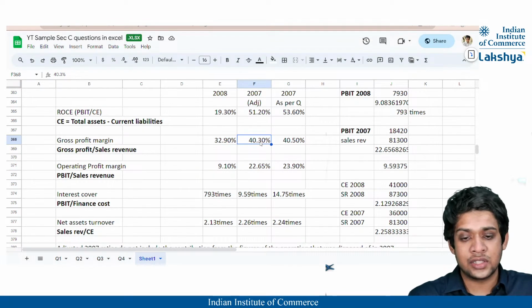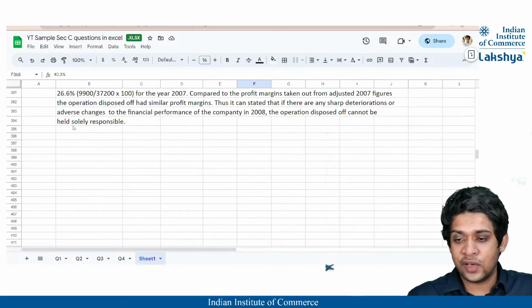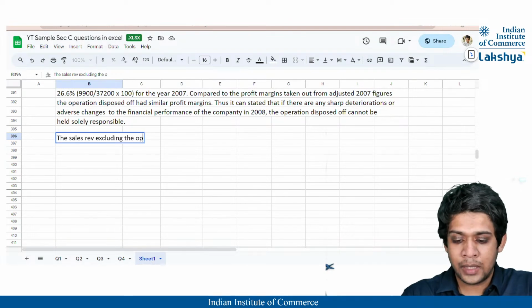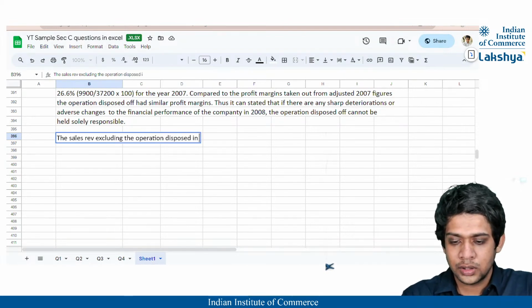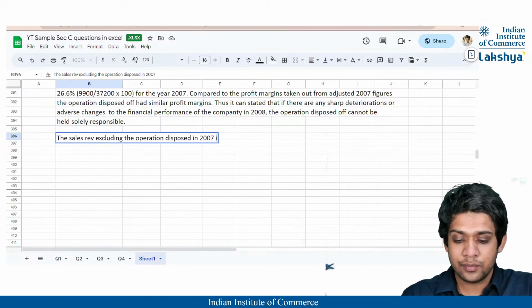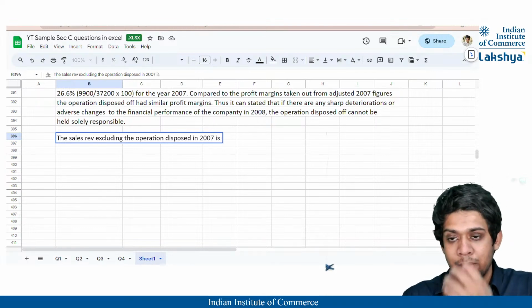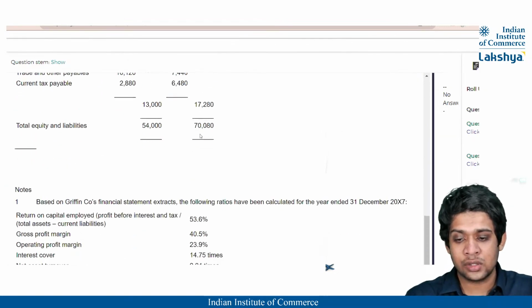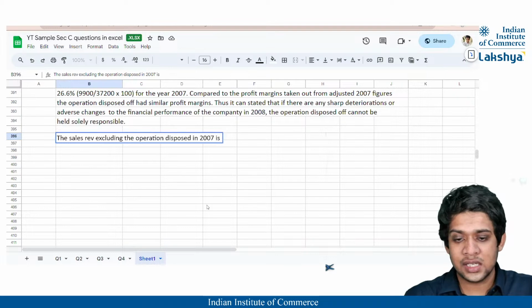So we can state firstly the sales revenue excluding the operation disposed of in 2007. How much is it? 1,18,500 minus 37,200, that is nothing but 81,300,